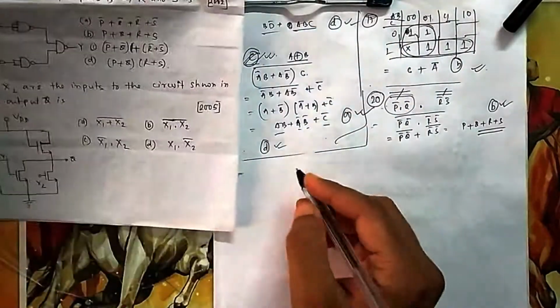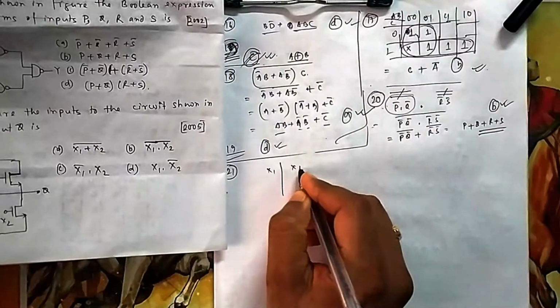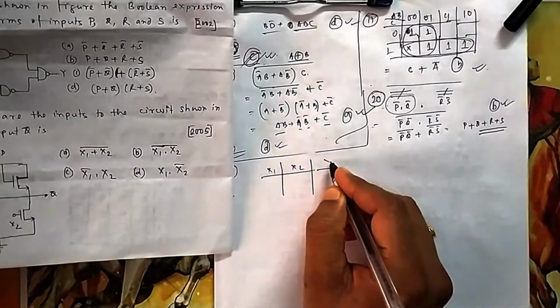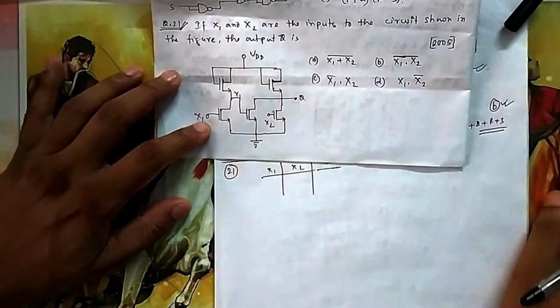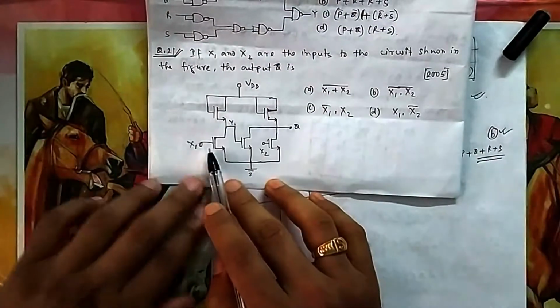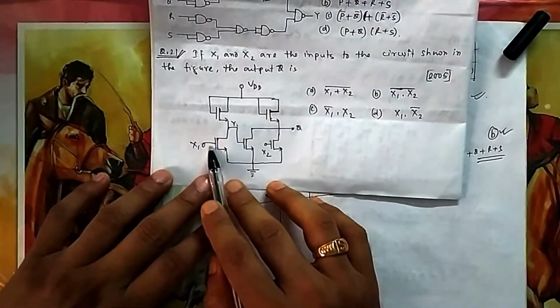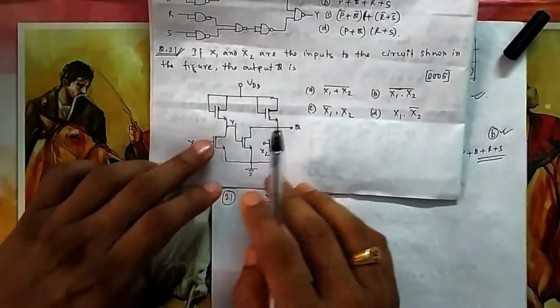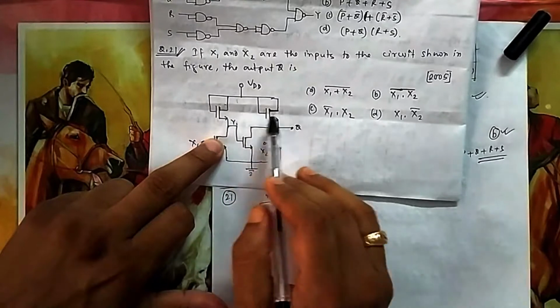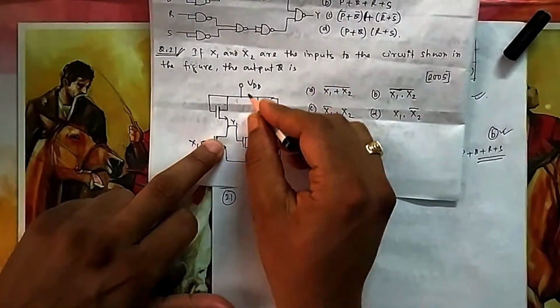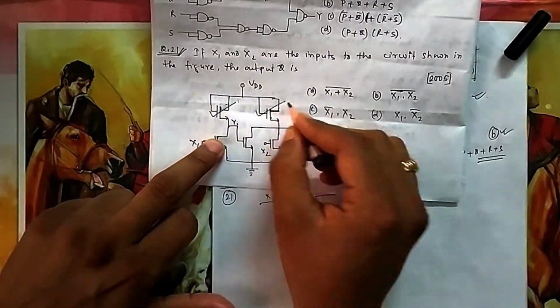If you give 0, 0, then you start. Write the truth table. Let us see. And this is your output, suppose Q. Okay. Let's see. If you give this 0, then what happens? If I give this 0, then I am not giving any pulse here. So it is cut off. So this transistor is cut off. But this is already getting supply, so this is on. This and this are always on, because you give supply to the base. So this is on, this is on.